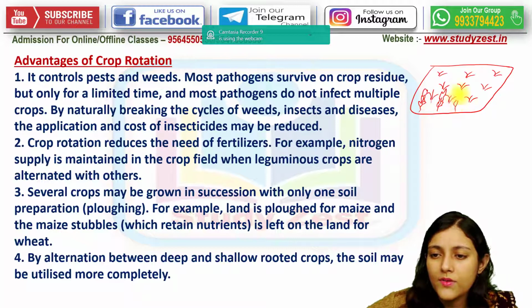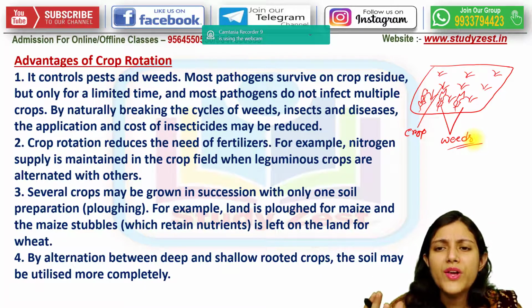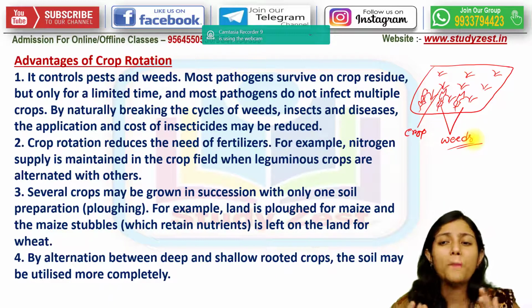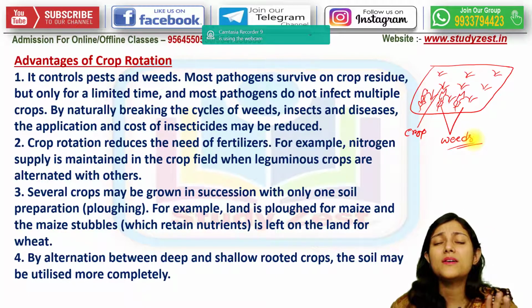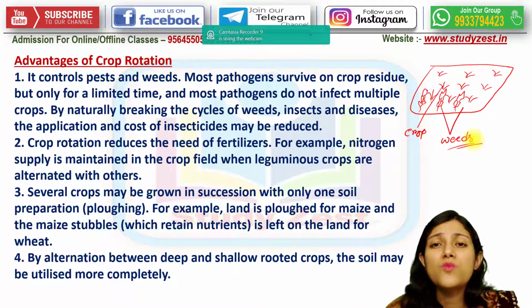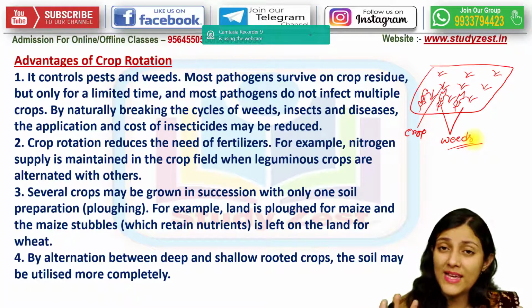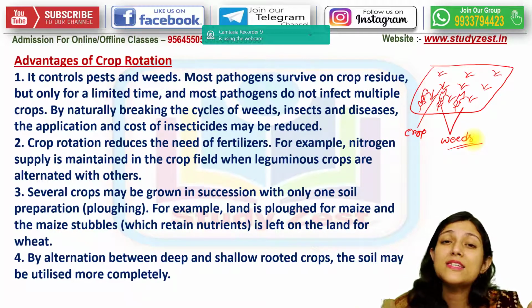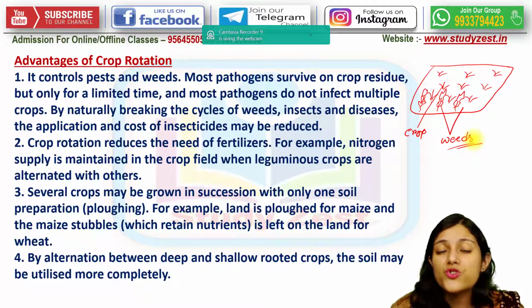And this is the growth of the weeds. Okay, so this is, let me write here, crop, and these are the weeds. Weeds will use the same resources that the crops need. Then there will be a competition, and in some cases it may happen that more of the nutrients and materials will be used by the weeds, and they will have proper growth and development instead of the crops. So in that way it becomes very necessary to control the weeds also.